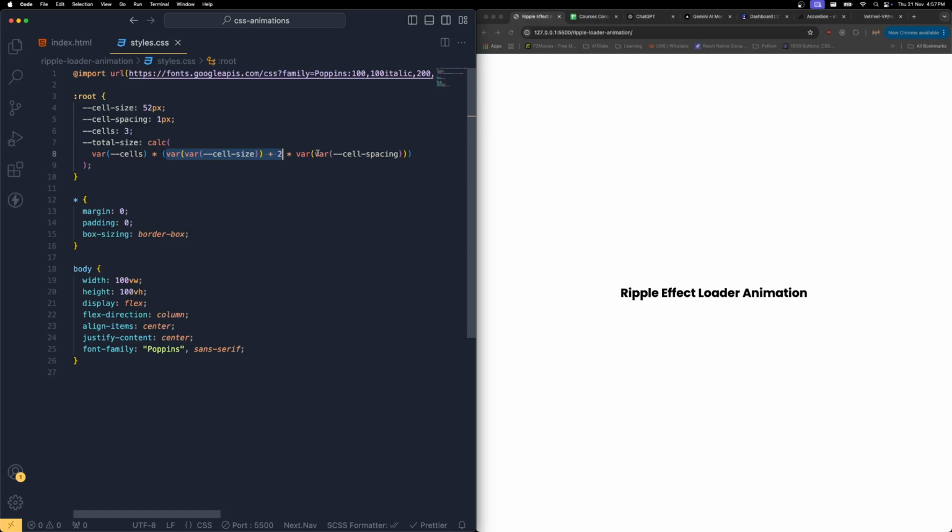I think I kept the variable function two times, so I don't need it twice, just like this. Yes. So inside the calc function, variable of cells into overall, in this bracket, and inside that it is going to be